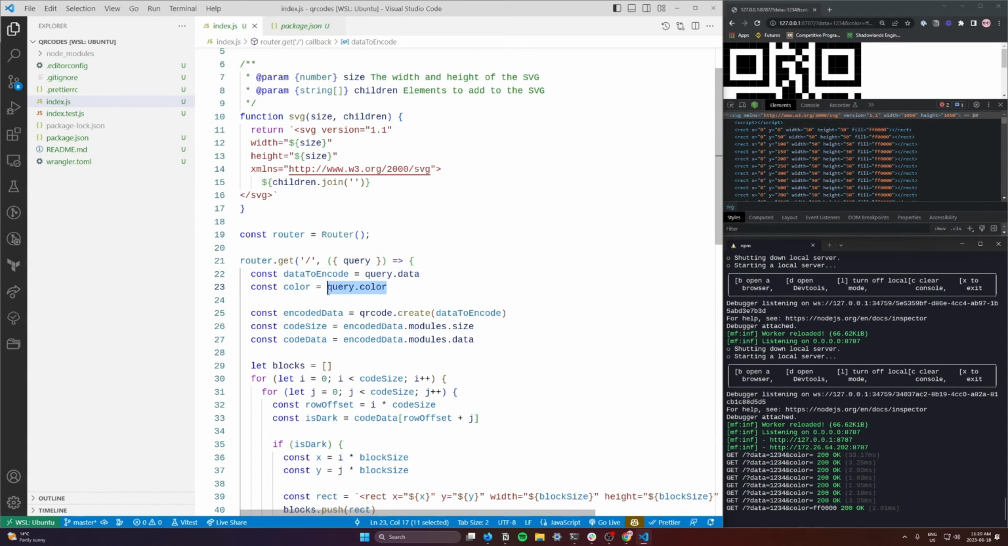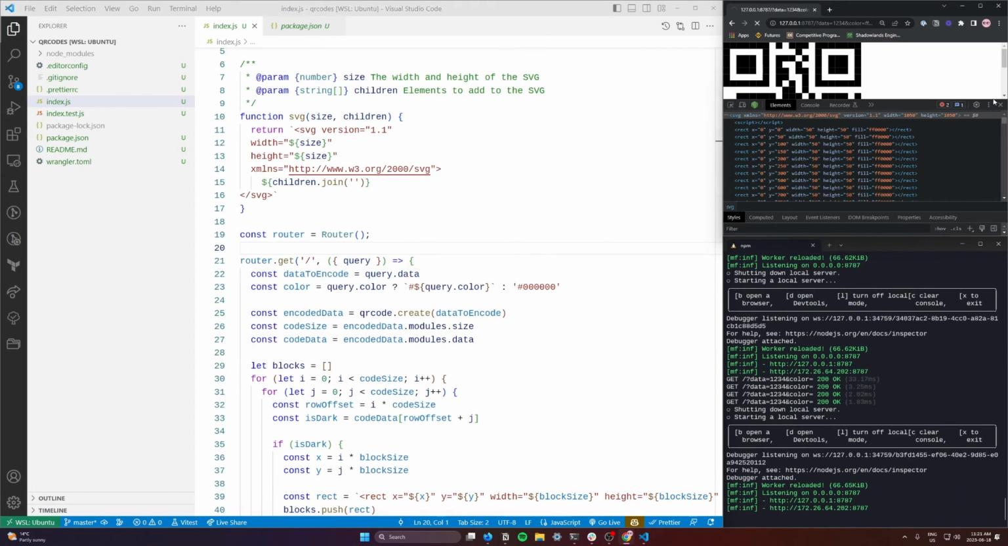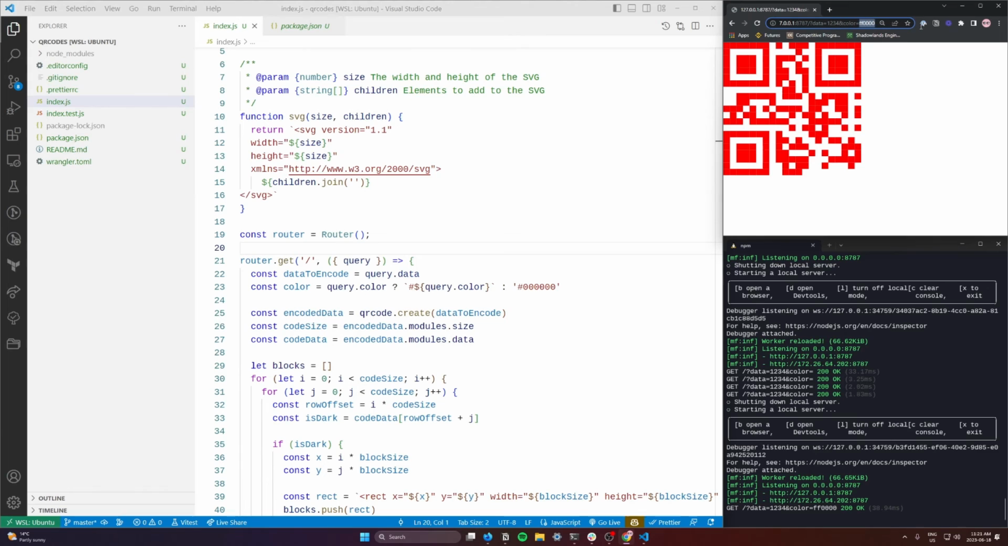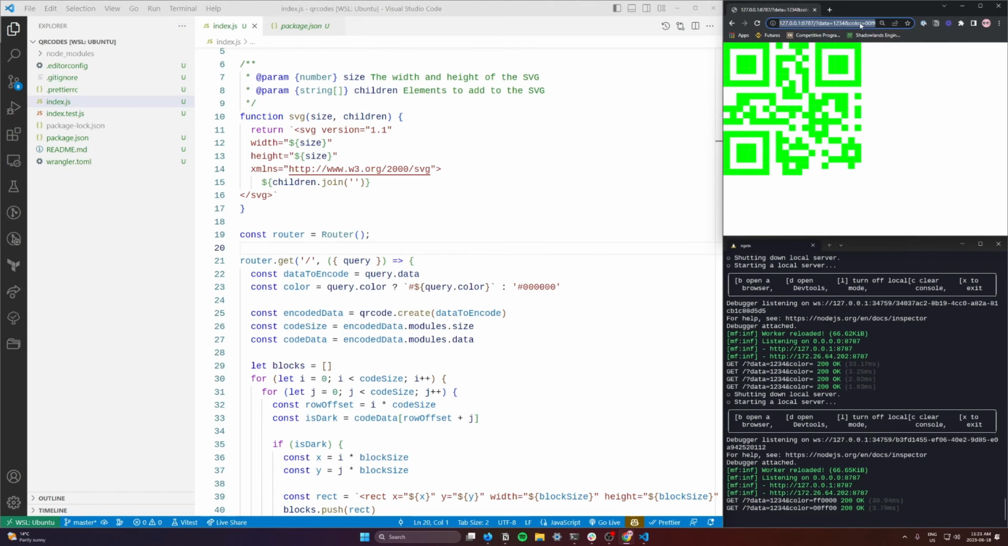And what we're actually going to do with this is use a quick ternary. So if query.color is set, then we are going to set color equal to pound, and we'll interpolate in query.color. Okay, so that's adding the pound in front. Otherwise, we're going to use black, 000000. So this is all black. Awesome. Let's hit refresh, close that out, and now we have a new color, and we can change it to anything we want. So 00FF00 is green,